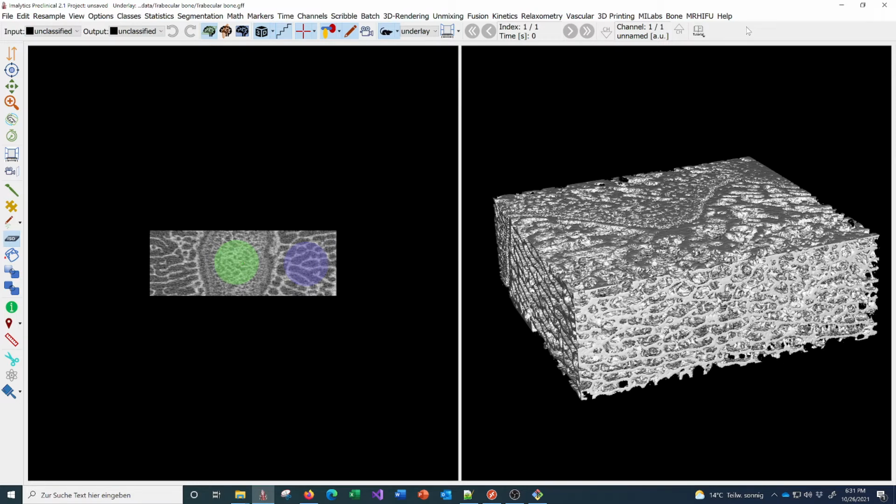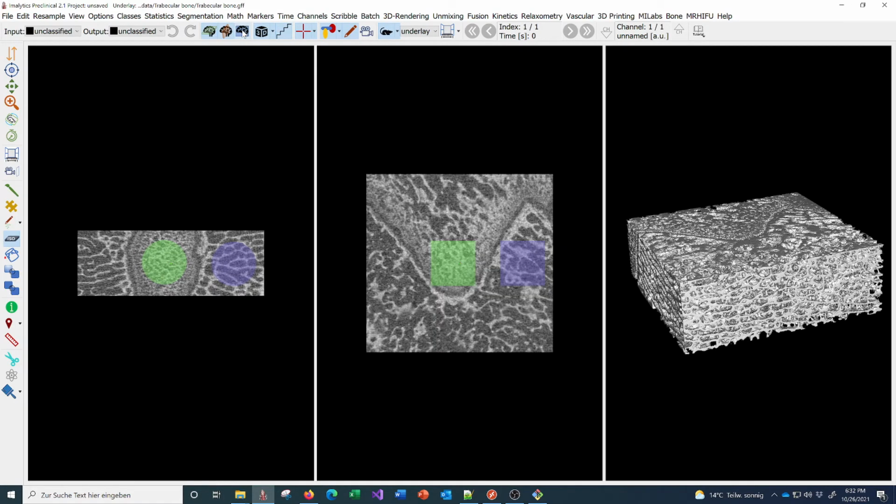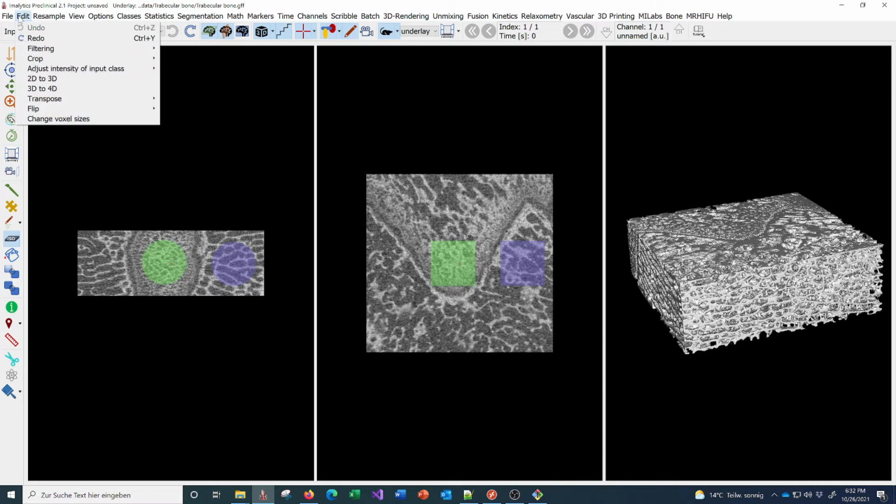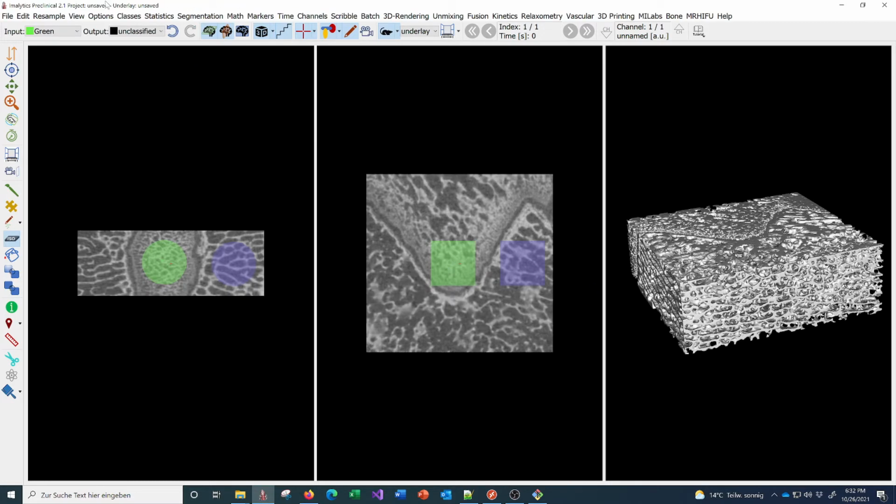To give you a little bit of an overview, you can here turn on the 3D view, turn on different slice views here. If you do a segmentation operation, so let me just dilate this class here, make it bigger, you can undo that. You can also do image operations, so you can apply a Gaussian filter, for example, to smooth the data set. You can also undo that. You can perform cropping here if you want to crop to a region like that. And you have many settings here.